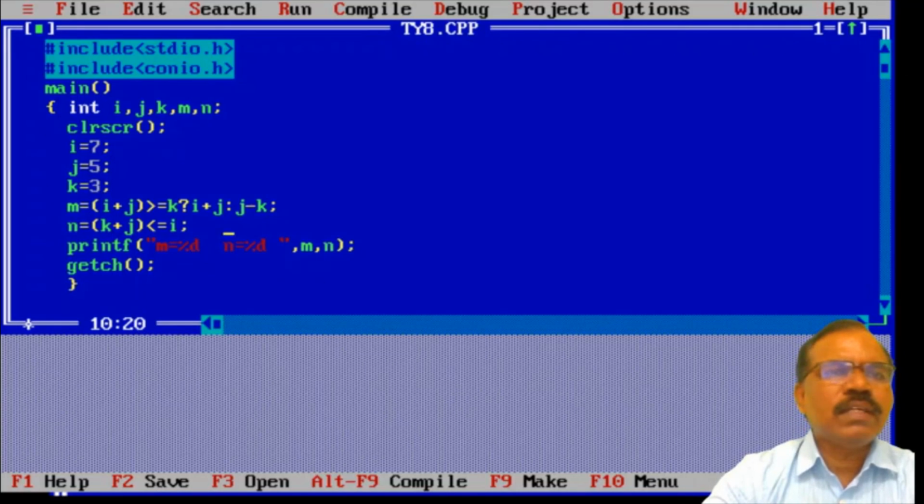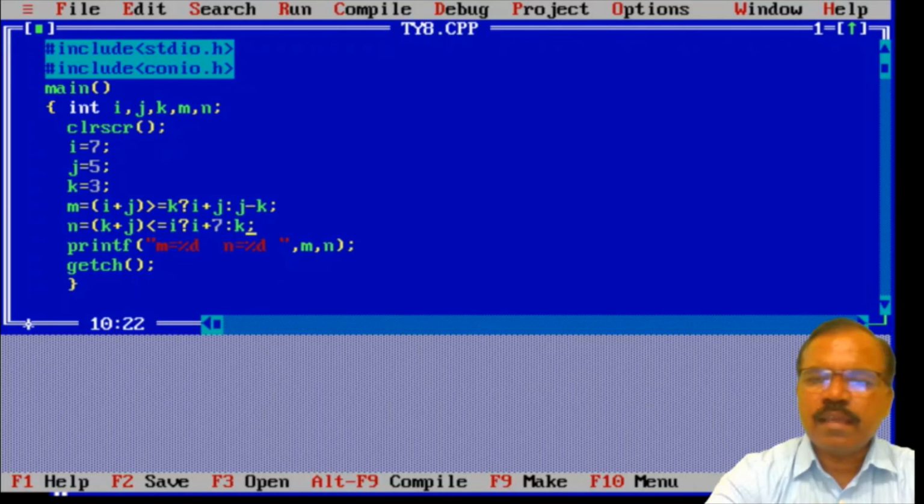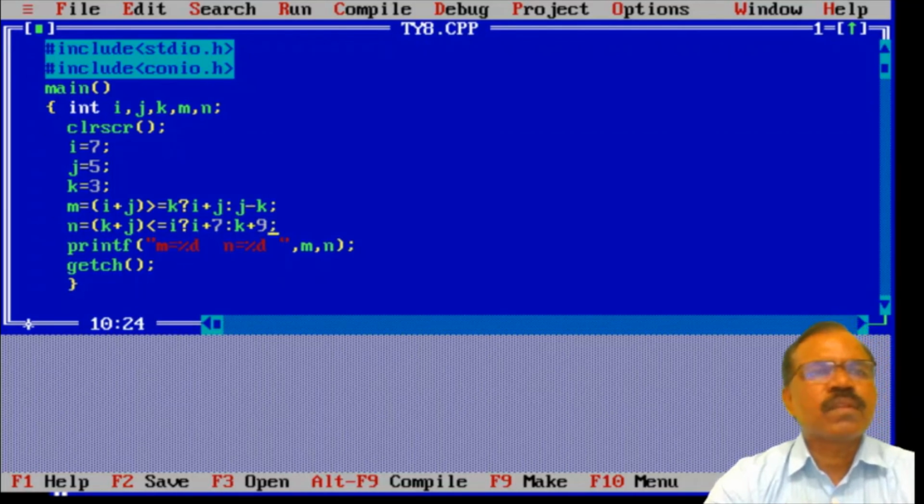I will convert this second expression using the conditional operator. Now k plus j less than or equal to i, then I can write here i plus 7, colon, k plus 9. Now k plus j is 8, less than or equal to i.